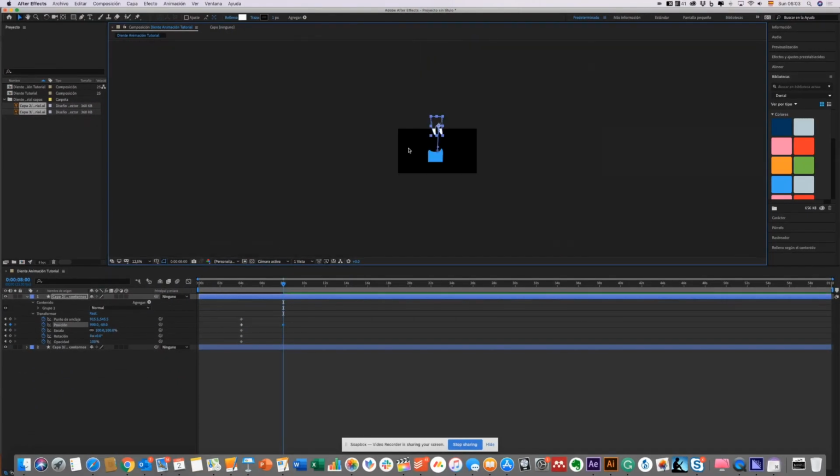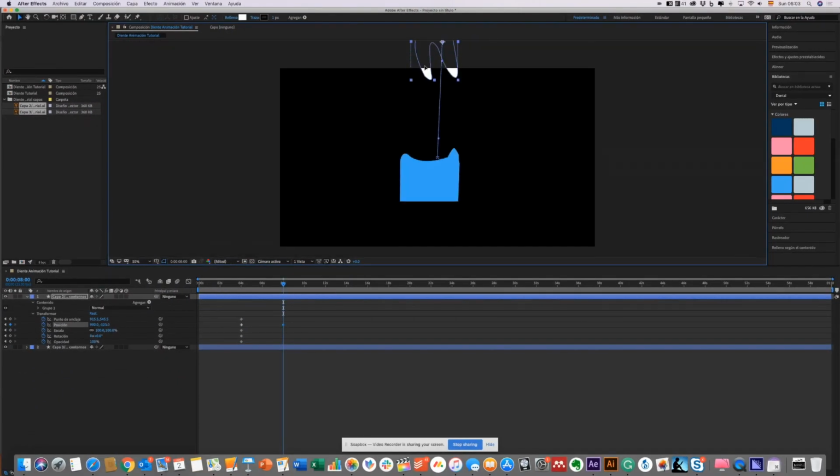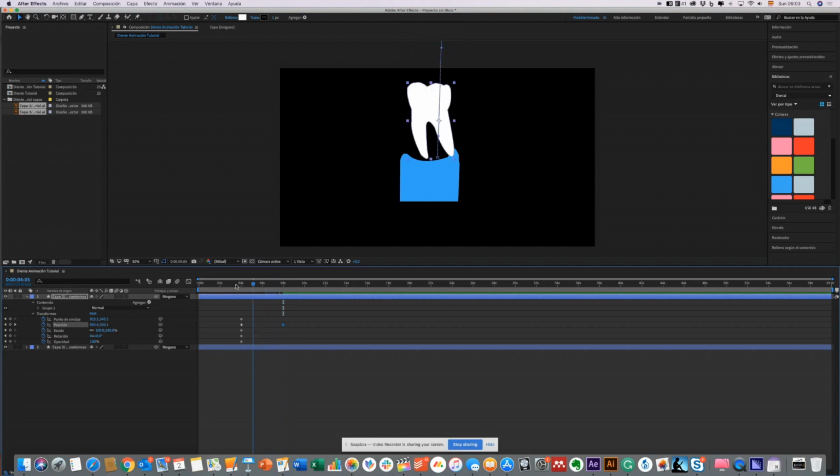As you can see, this tooth, we put it there. So we have another keyframe, and if you just press the space bar, we have the recession and we also have the movement of the teeth. So it's quite easy to create a simple